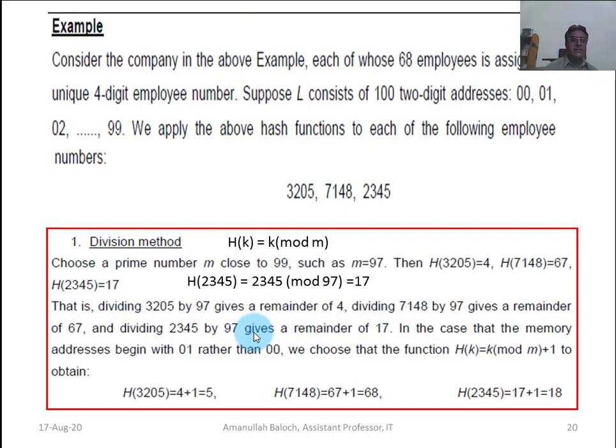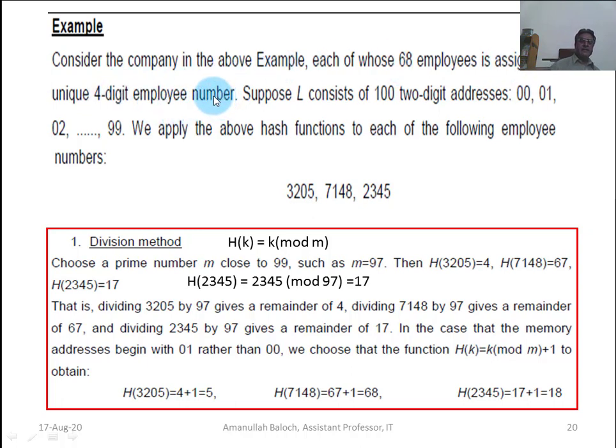Example: consider a company with 68 employees, each assigned a unique 4-digit employee number.